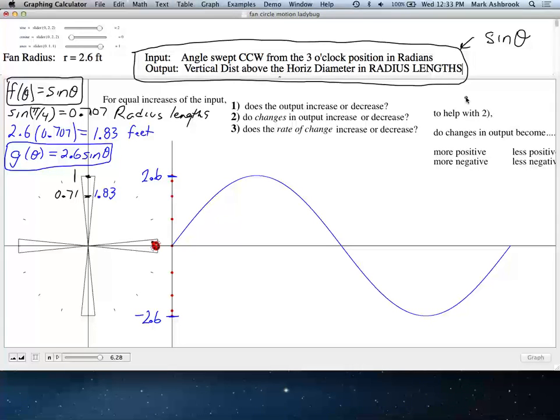All right, so let's shift to horizontal distance from the vertical diameter. This is harder. Why is this harder? Because there's this nice transfer here. With sine, we're looking at vertical distance, and that matches up perfectly with our vertical axis. Okay, but now looking at horizontal distance,